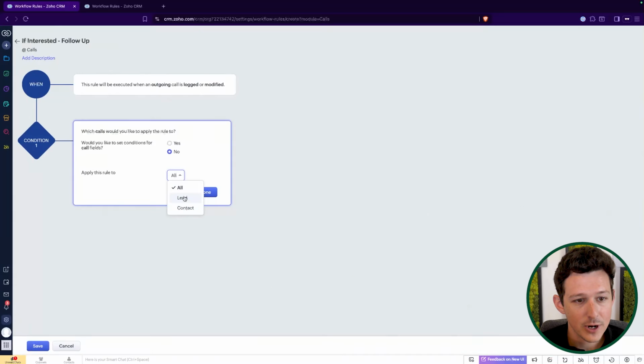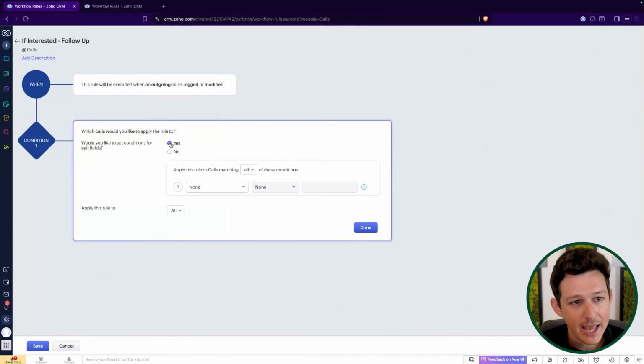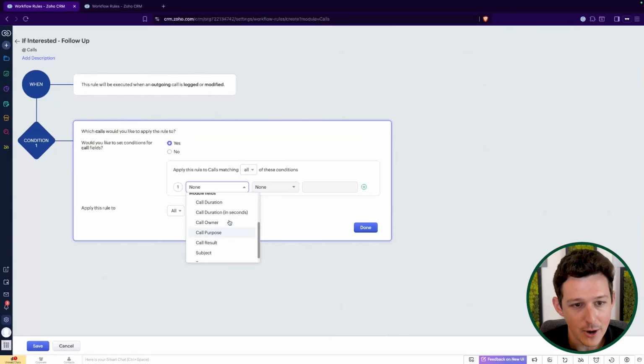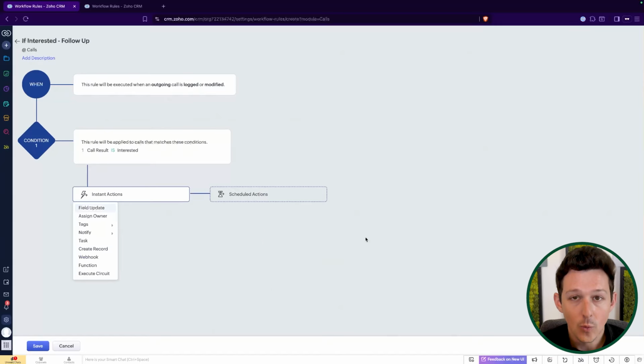And we're going to say, hey, we're going to apply this to certain types of records. So this could be for leads or contacts. We'll do all. And then we'll say, hey, what do we want to set up as conditions for this? So this is where I would actually track something like outcome, right? If my outcome is a certain value or call result is, let's say, interested, we're going to do some type